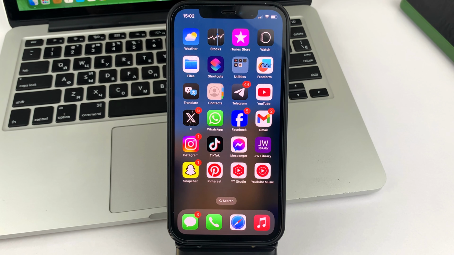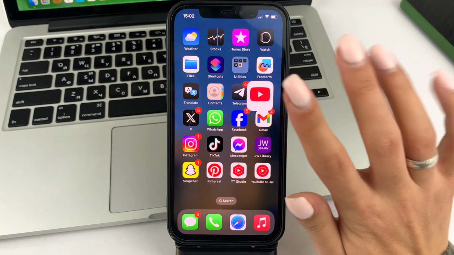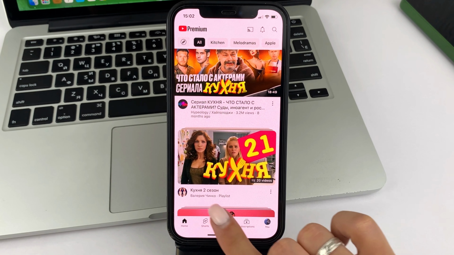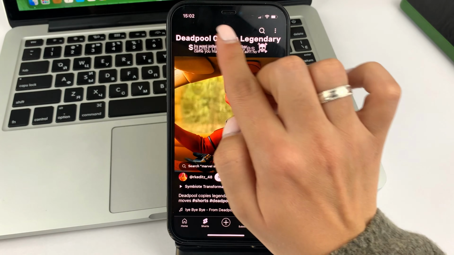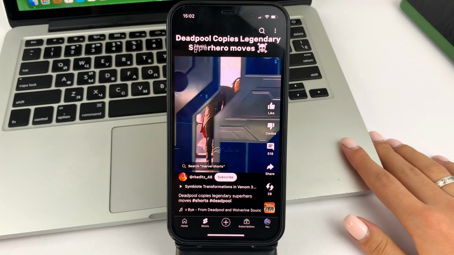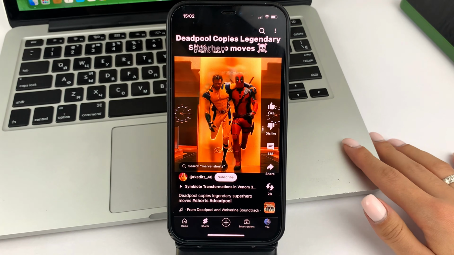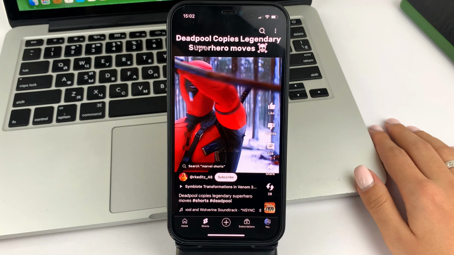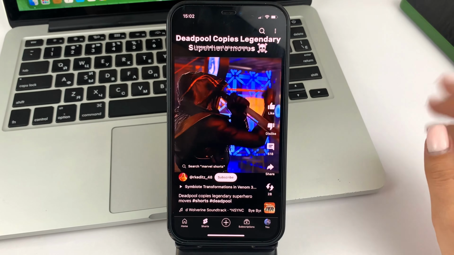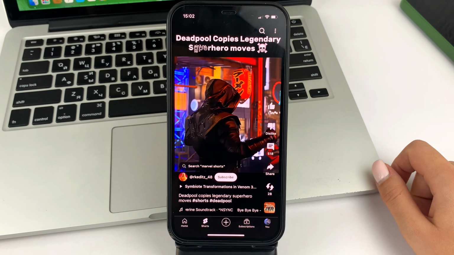And if the short videos called shorts in the YouTube app are getting in the way of subtitles or you'd like to turn them off somehow, it's very easy to do. First of all, you open the YouTube app itself, and then at the bottom go to the Shorts section. And as you can see, let's say my current video has these subtitles at the top, which is text to make it easier to watch the video.